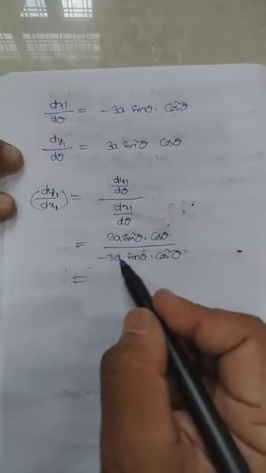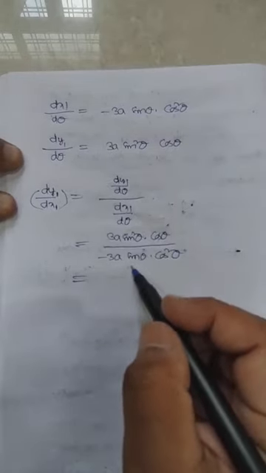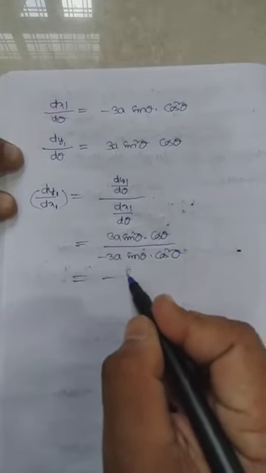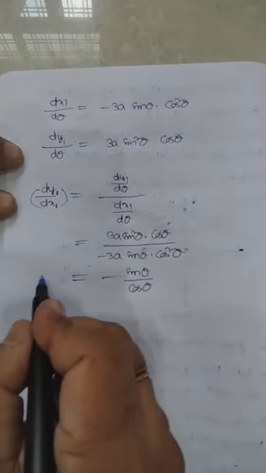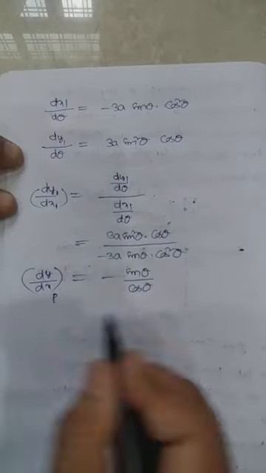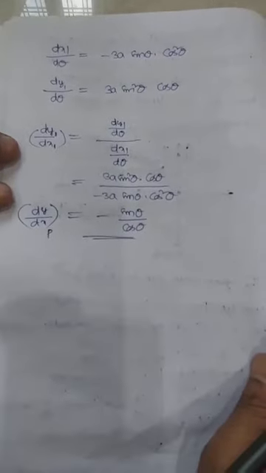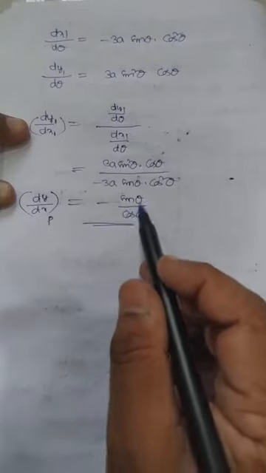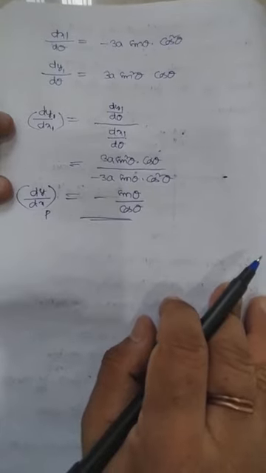So here, as we did previously, the square cancels with this sin, cos theta cancels with this square, 3a gets cancelled, minus remains, and sin theta by cos theta remains. So dy by dx at P, you got this value, minus tan theta. No problem, keep it like this only, it will be easy for the simplification.